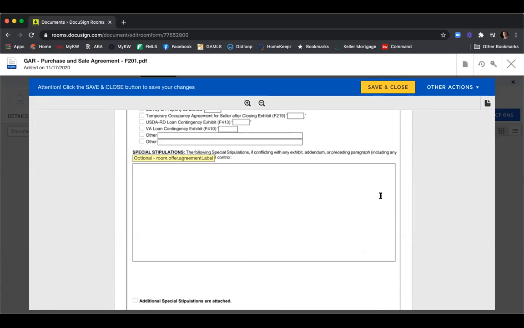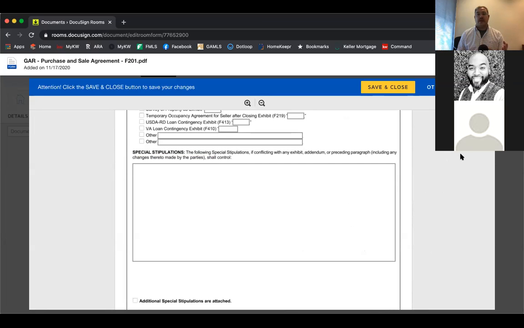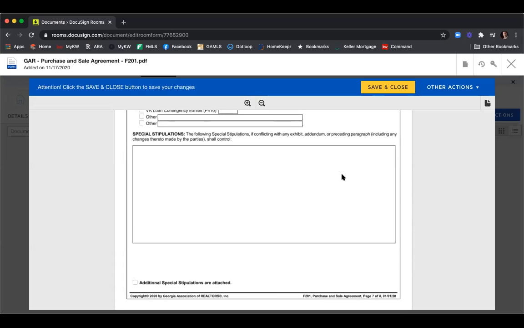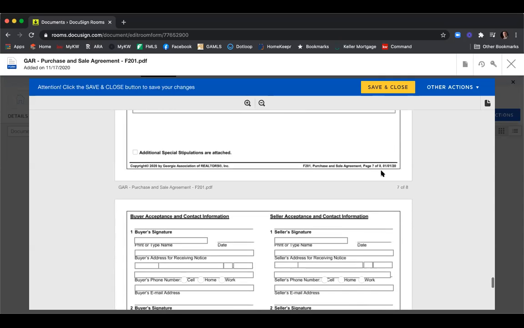If you have the same special stipulations that you include on every single contract, regardless of the property or client, you can include this here. You can go ahead and paste those in here. If not, you can add them when we create our template, so that way you can edit them if you wanted to. So I'm not going to add any special stipulations here because I'm going to add that when we create the template. So I'm going to scroll down,